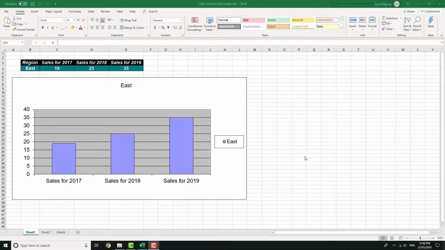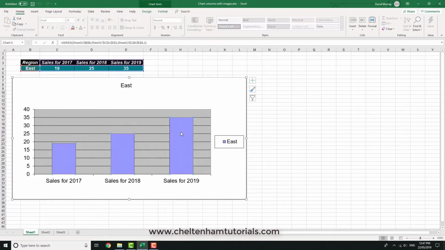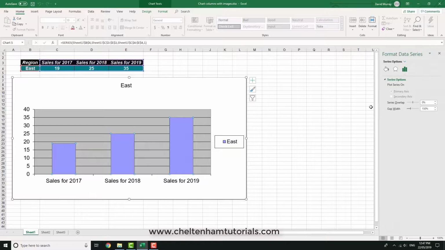Now in this section I'm going to see how to insert images into chart columns. So at the moment we've got a chart derived from this data here, and we've just got the standard columns here. Now what I can do is click on one of the columns to select it, and that selects all the columns. Then if I right click and go to Format Data Series,